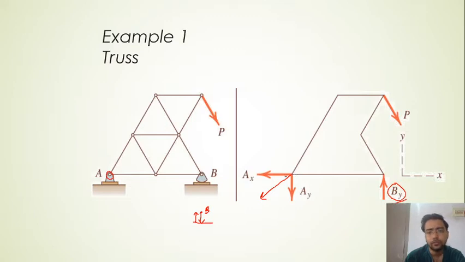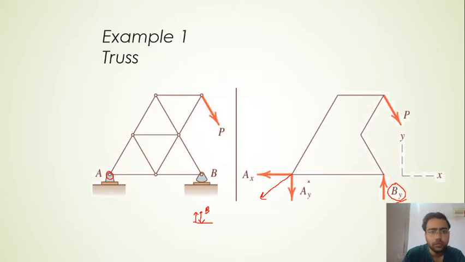Again, we don't know the direction and magnitude of both Ax and Ay. In the case of By, we knew the direction but not the magnitude, but in the case of Ax and Ay, we don't know anything. So we can assume any direction. Finally, whatever answer comes, based on that we will find the true direction. Suppose Ax comes out negative, then this force is not acting in this direction, it is acting in the reverse direction.